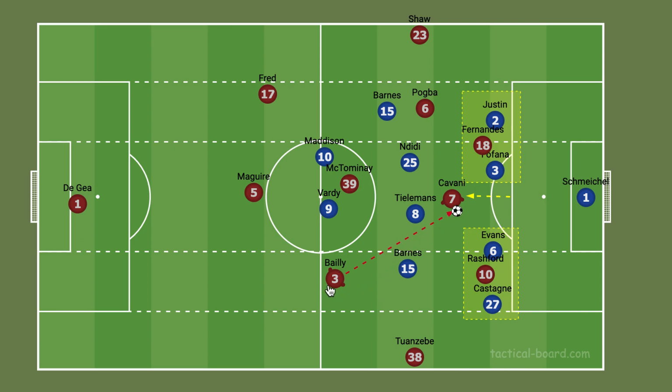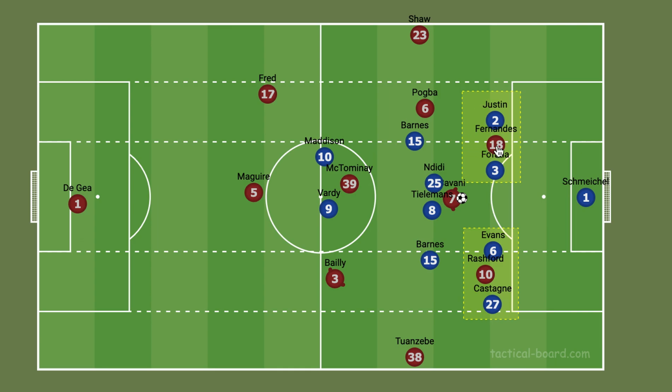So from here, now we know about a diagonal pass. It's easier to receive because you can receive it on the back foot easier, and it just rolls right across your body. So this allowed Cavani to make a quicker turn, and when you receive a passing option with your hips open, your turn goes from 180 degrees, which is how much you would have to turn if you were to receive a vertical pass, to just 90 or 45 degrees even from a diagonal pass. So Cavani was able to turn quicker, which allowed him to evade Ndidi and Tielemans,